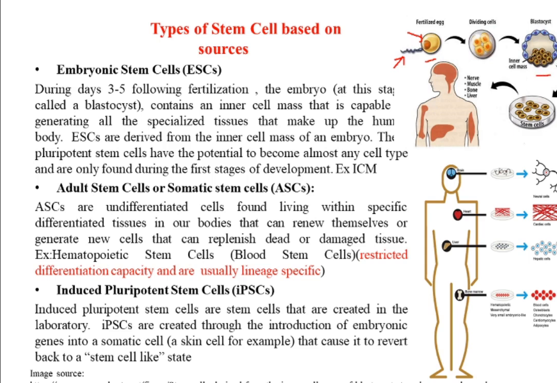This is a blastula, and the cells consisting of blastula is called a blastocyst. So this is a blastocyst. This is a central hollow cavity called blastocoel, and this is the inner cell mass. Nearly 15 to 20 cells are there, and those cells are called inner cell mass, and this inner cell mass are nothing but stem cells. As it is derived from the embryo, we classify it as embryonic stem cells, right? So this is an embryonic stem cell.